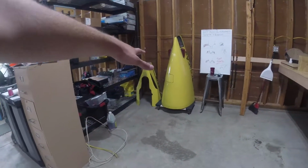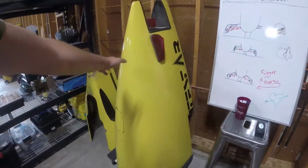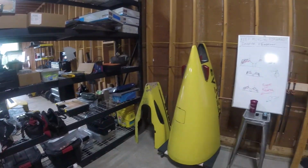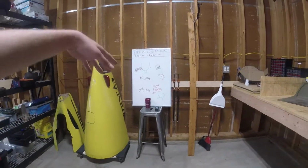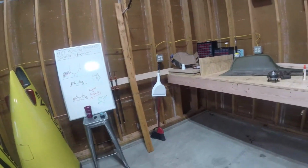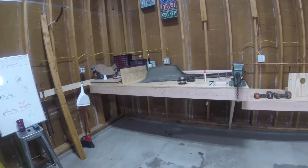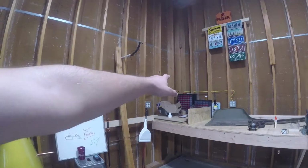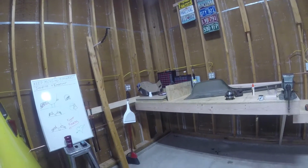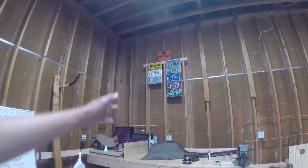We've got the back ends of LightStar over here in the corner. So this is the upper section, and then the lower section of the back end. Whiteboard where we've been scribbling out ideas, and then onto my workbench. So the workbench is currently covered with rigger parts as we've been working on that issue. I've got a fastener library in the back that I've started procuring, and then my collection of license plates that I